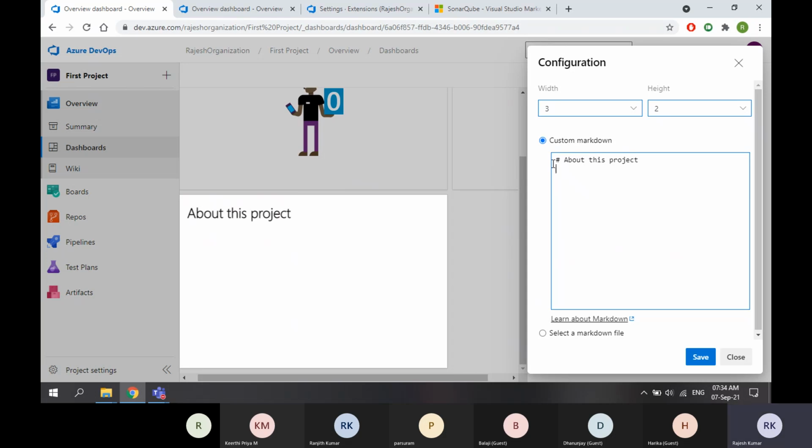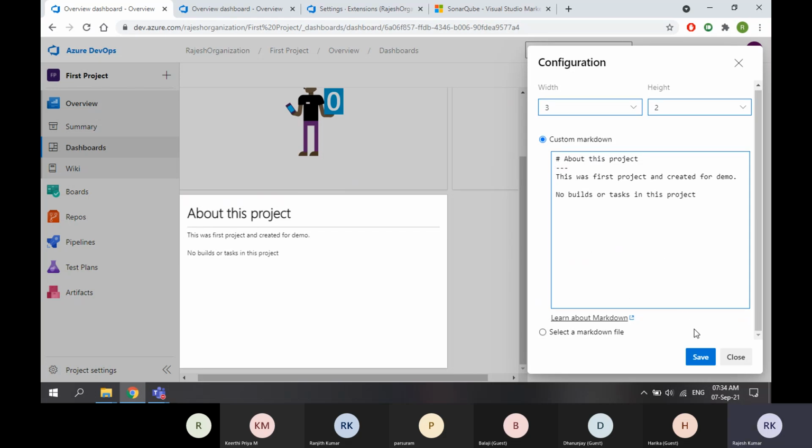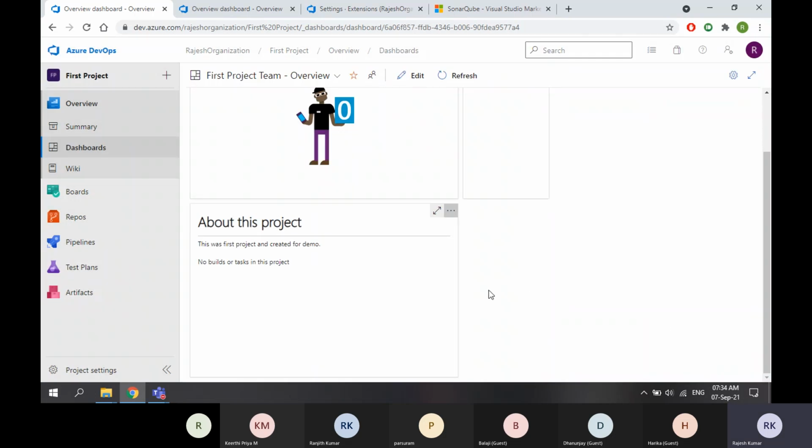About this project: first project created for demo. Briefs are tasks project. Okay. Save. See, this is how I can display some text here.